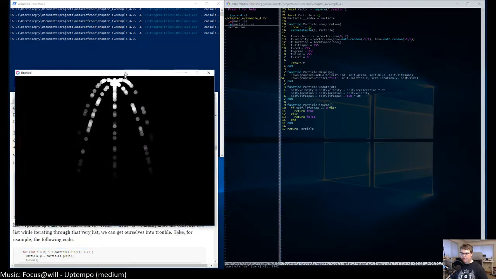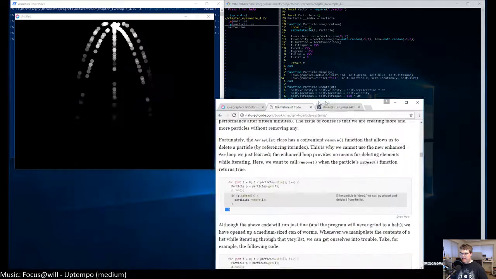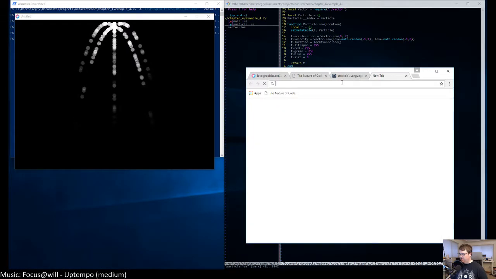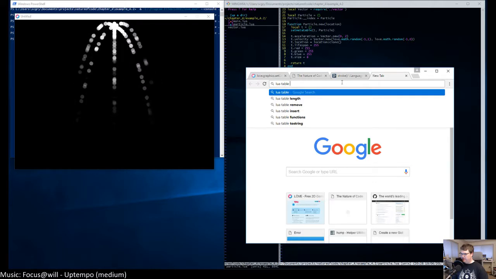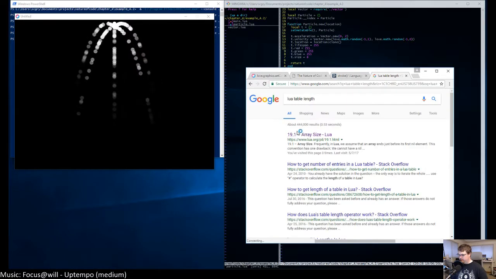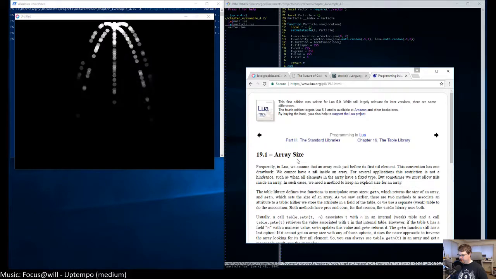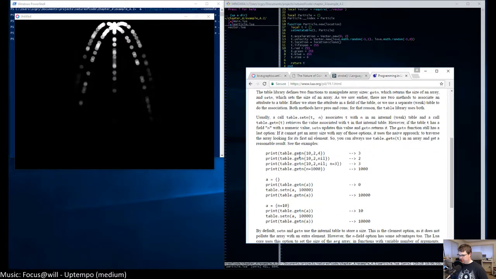I forget the exact syntax to get the number, so it's Lua table length. Get n. Okay, so I want get n.